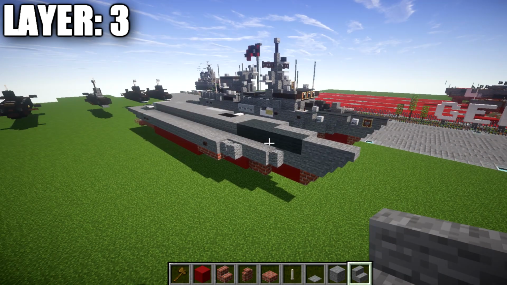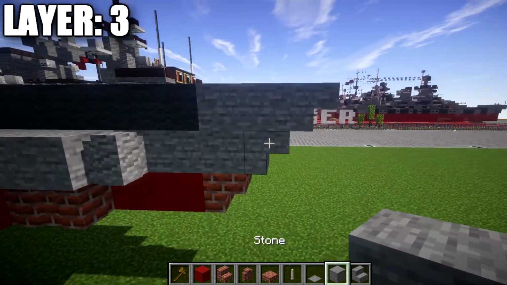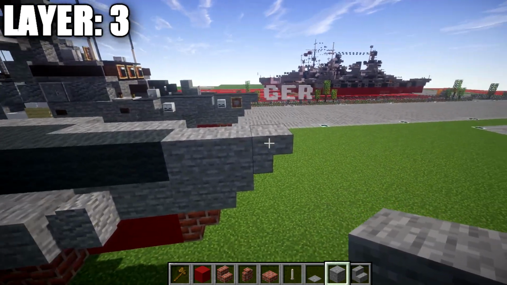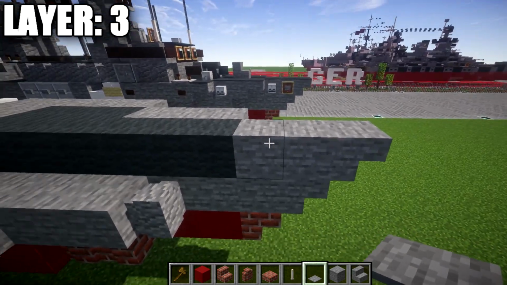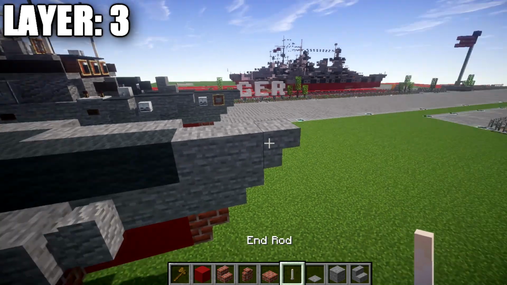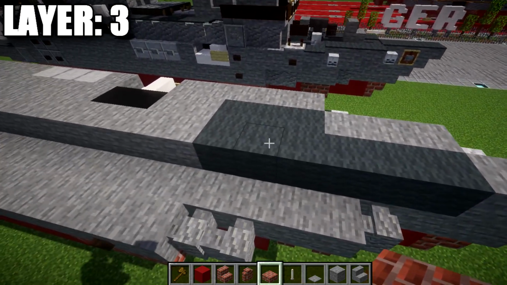Alright guys, moving on to our next layer, we have layer number 3. For layer 3 to go ahead and get started with here, we're going to place down a stone block on top of the stone upside down stair, and come off the stone block forward, we're going to place down another stone upside down stair like so. Going back from the stone block, we're going to place down 1 additional block, so we have 2 stone blocks back from the stair. We're going to then place down a row of 1, 2, 3, 4, 5, and 6